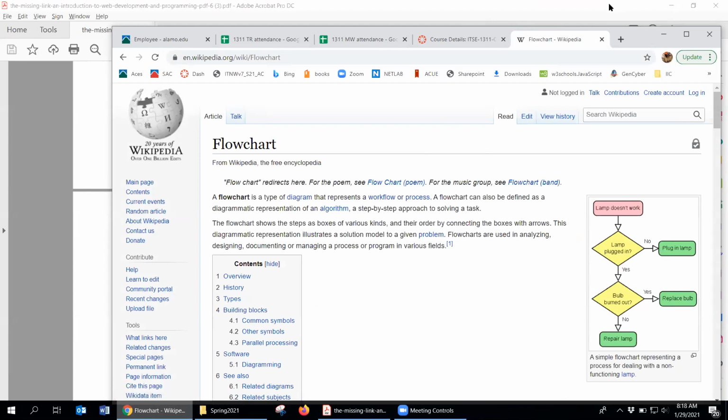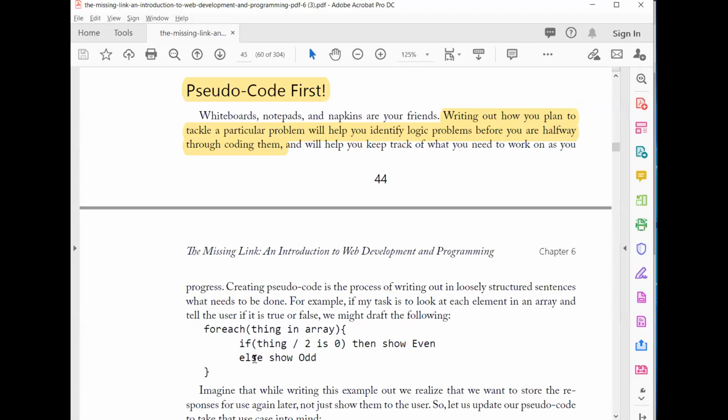So let me show you a bit about pseudocode. Okay, so let's look at pseudocode. And like I said, I think this is a bit too challenging because you don't start programming with loops and then if statements. I mean, those are parts of programming, but when you're learning programming from the very beginning, you